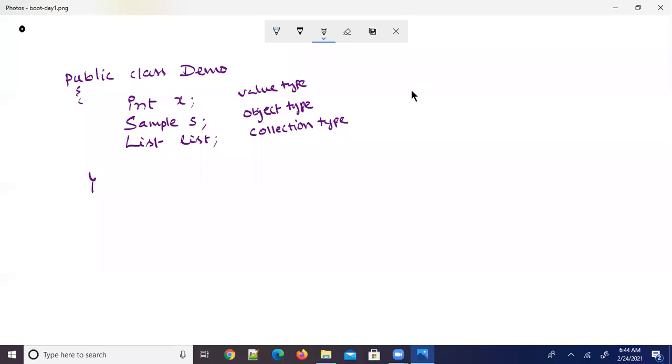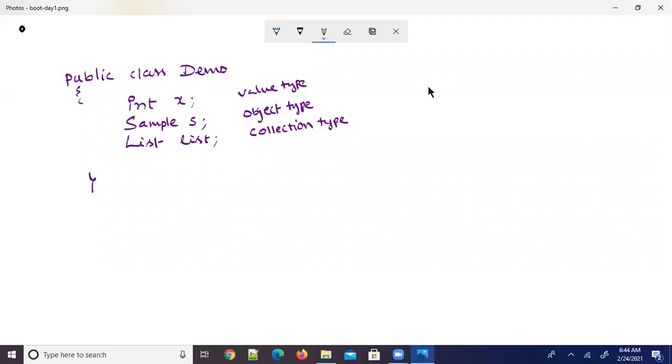Map is a collection type. Enum is a reference type. Interface is a reference type. Constant is a value type. Function pointer is an object type. Setter and constructor, they are all dependency injections. I'm not talking about dependency injection types.